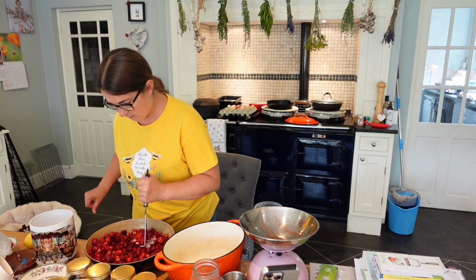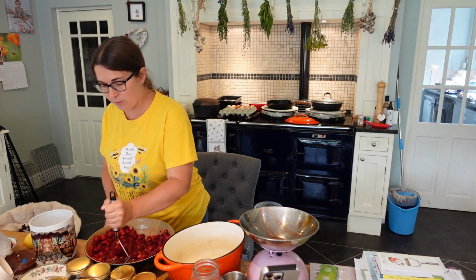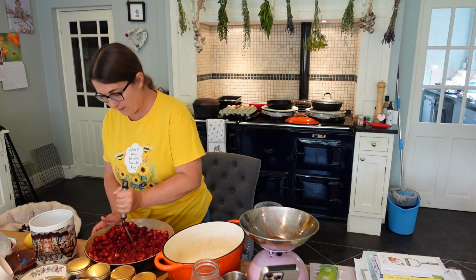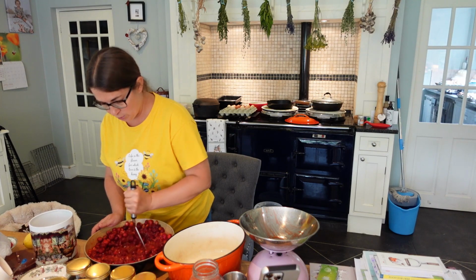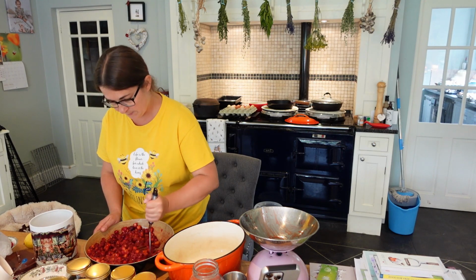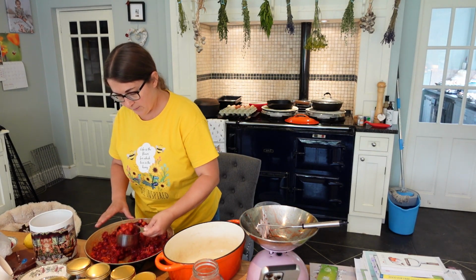Good mash. And then when we're happy, I'm going to measure out 4 cups of light brown sugar. I could have gone a bit higher if you like your strawberry jam sweeter. You can use 6 cups of sugar, but these strawberries are delicious and already full of sugar and sweet. So I'm going to use 4 cups of sugar instead of 6. Right. And that should make about 8 cups of